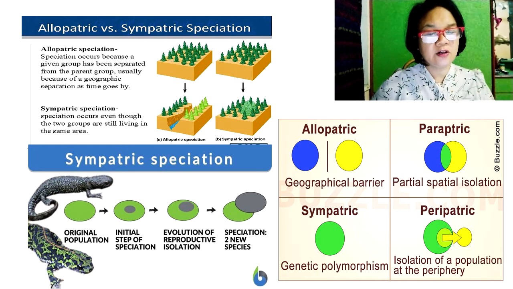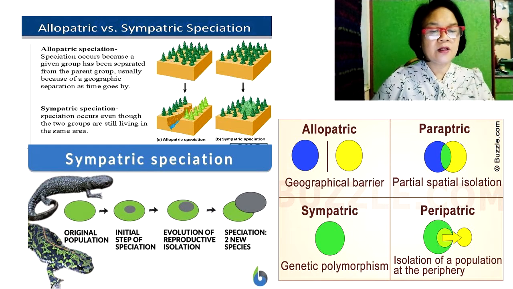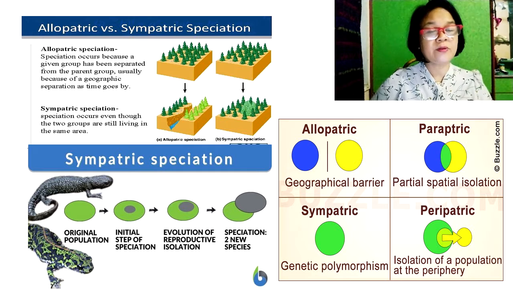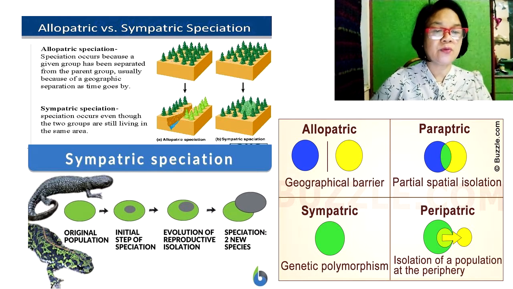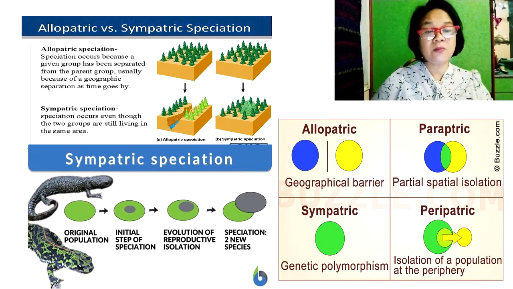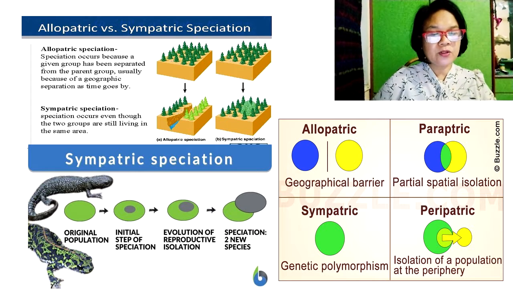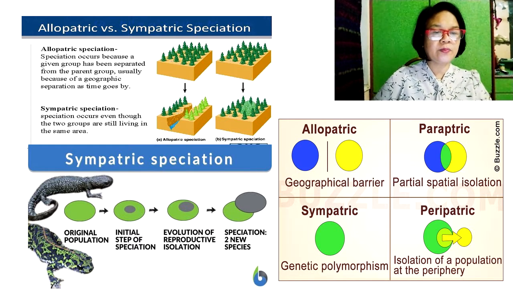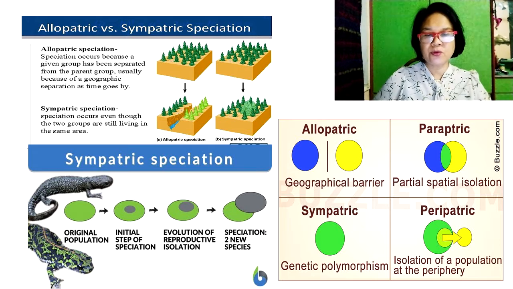So we can consider also in the case of the gecko, these lizards, there is an original population at the start, then speciation occurs, and two new species are produced. So still an example of sympatric speciation. Allopatric, same as before, occurs between groups, but separated from one parent group. Okay? Next is the third one,